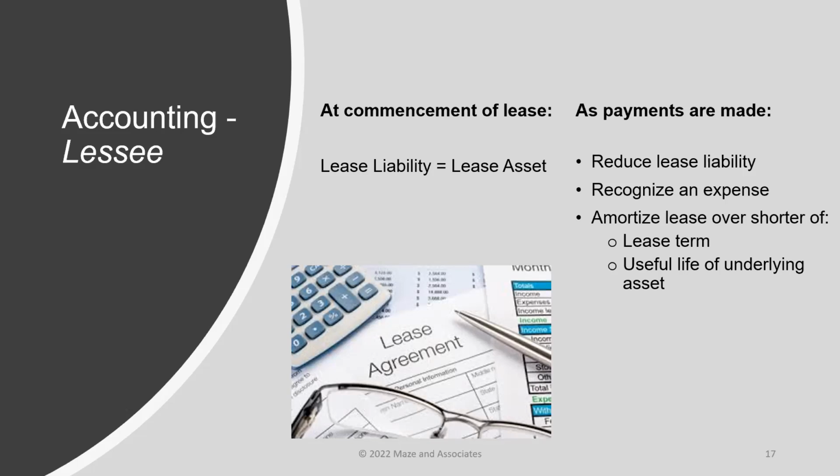And then in full accrual funds, the lease asset and the lease liability are recorded in your full accrual funds, such as enterprise and internal service funds, and then also recorded at the entity-wide level. So the lessee is going to be recording things only in full accrual funds: enterprise, internal service fund, and then entity-wide statements. Now that intangible lease asset that you're recording is going to be reported with the capital assets in the capital asset footnote. It'll be a component of that. And we're going to go over some visuals of what those look like at the end of the presentation.